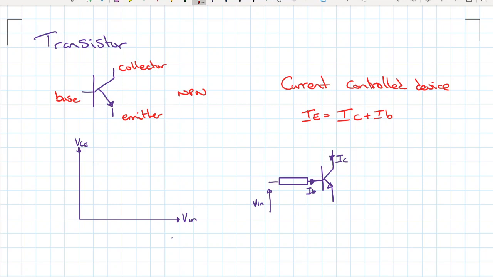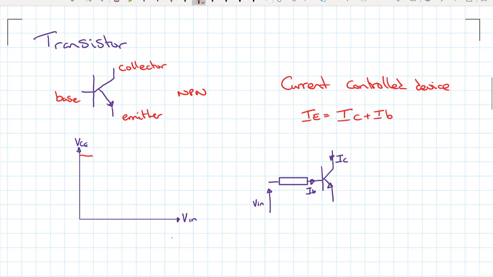what we find is that when the voltage here, V in with respect to 0 volts, is zero, so when there's no voltage here, the transistor will be switched off. So the voltage collector to emitter, so the voltage across the transistor, will be high. So it's going to be up here. And then as soon as we increase the voltage to